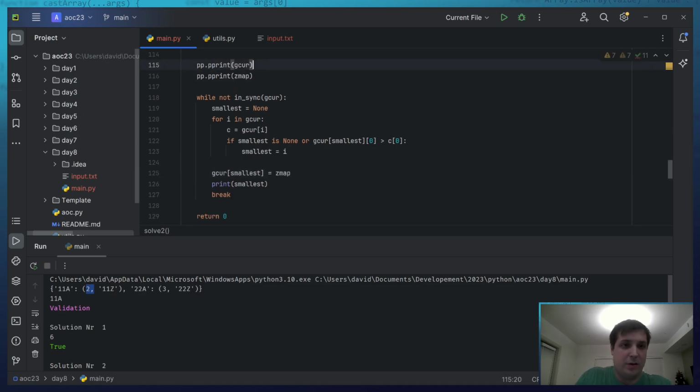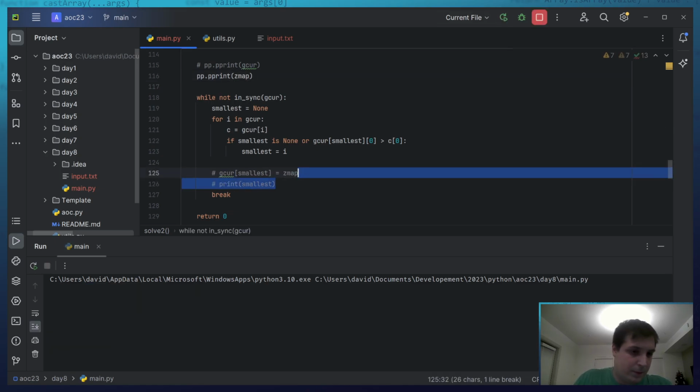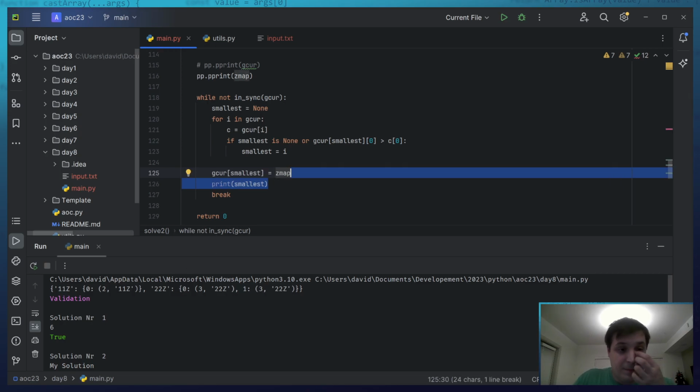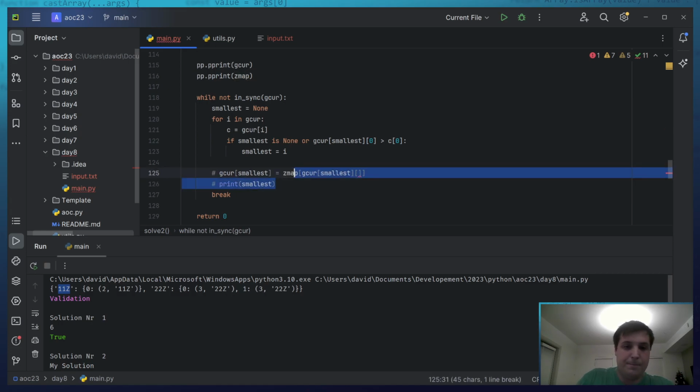I do want to remember what exactly is in there. ZMap of G cur smallest. I should really just save both, shouldn't I?